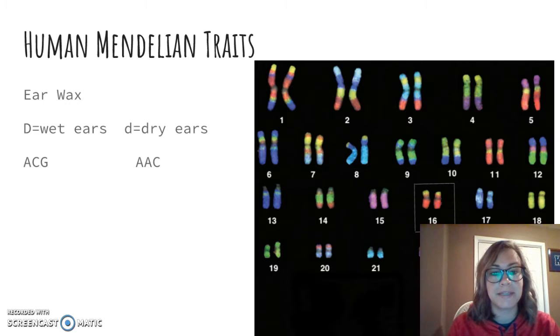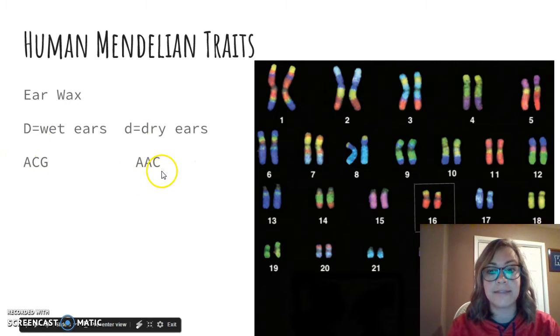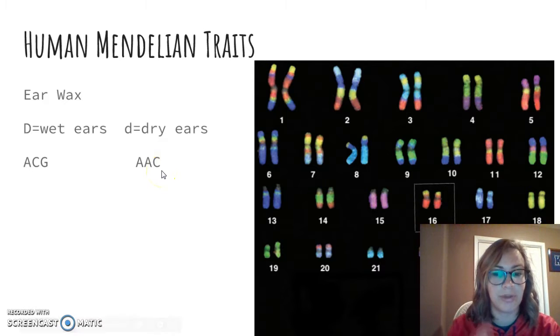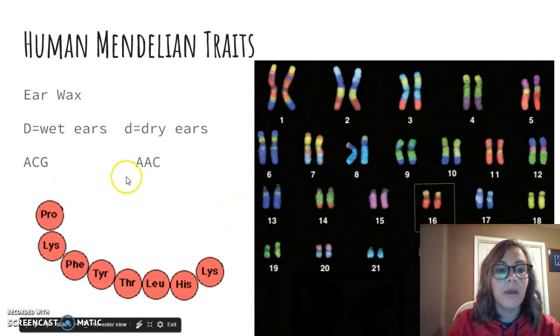Now, if you happen to get the gene for dry ears, you're going to have a little d. This is as simple as changing your DNA code from an ACG to an AAC. Remember how we learned about codons and those 3 base pairs? So if we change that out, if we have wet ears, we're going to have this amino acid sequence because